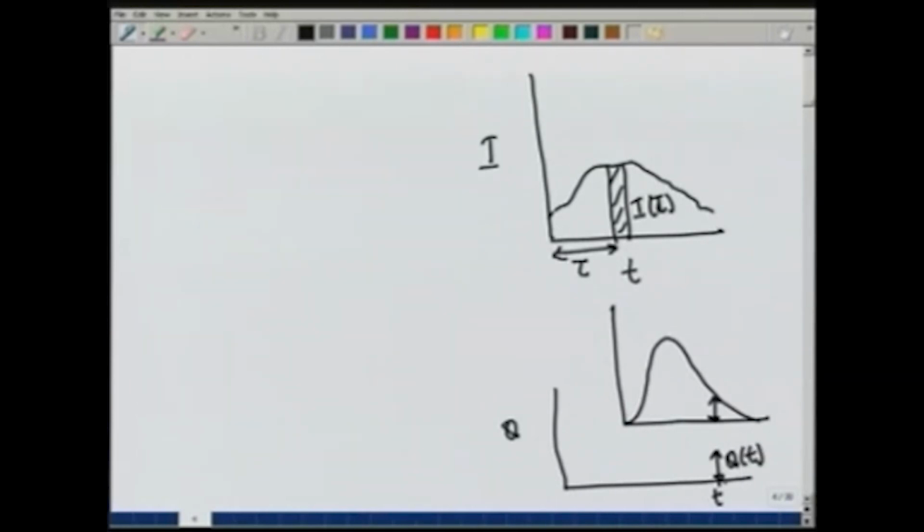Now, this q t is because of this rainfall intensity and this IUH, and if we draw the IUH starting from this point as origin,